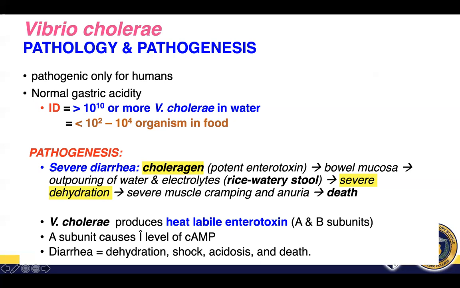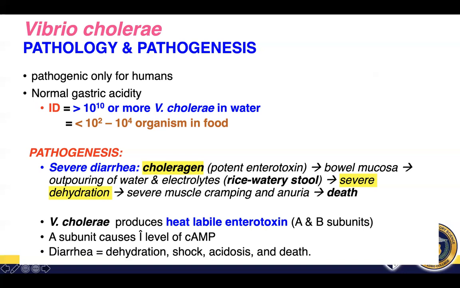No? Yun yung effect ng cholerae toxin. Okay? So this would lead to severe dehydration and severe muscle cramping and anuria. Kasi sige-sige ang pupo, no? Ang bowel movement. Okay? So severe dehydration, of course, may lead to hypovolemic shock and circulatory collapse, and eventually would